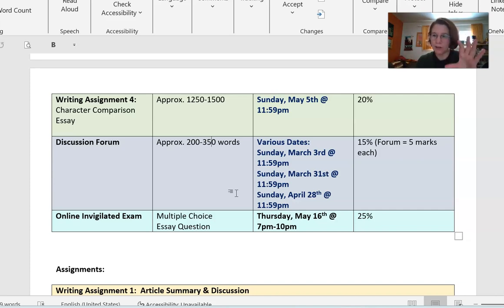You'll write a paragraph or so response, post that to the discussion forum, and also reply to one of your classmates' posts. Each one of those discussion forums is worth 5 marks each. So we'll do 3 of those in total, worth 15%. There are various dates for those as well, so just make sure that you're marking those in your calendar.